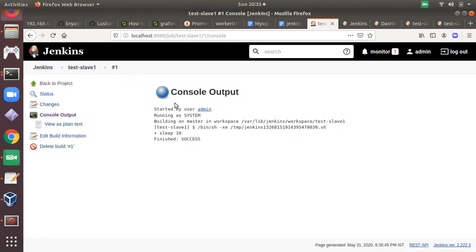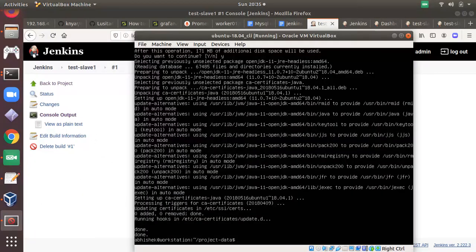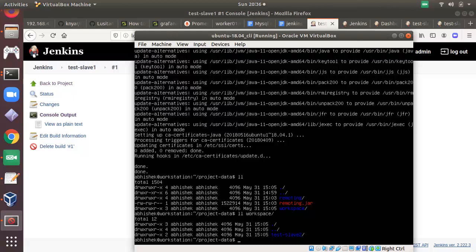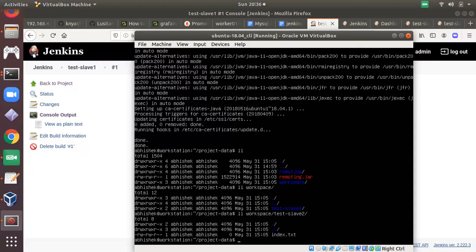So here it is. And also let me check whether this file is created under this directory or not. So workspace, ll, let me go to ll workspace test slave, and here it is, the index.txt file is created.